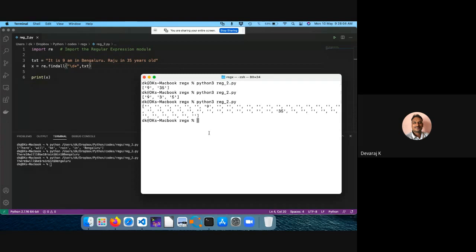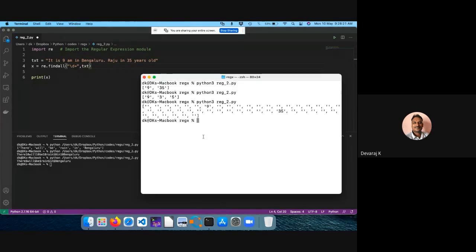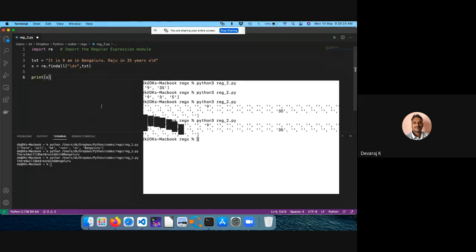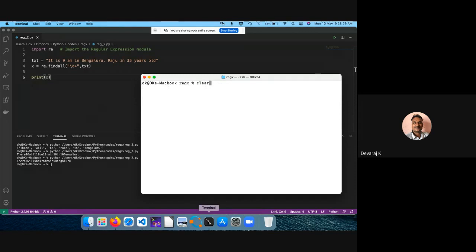So it's all about the patterns, how you're going to search. With regular expressions, the pattern is what type of things you want to check. So usually what we do is either slash d or slash d plus. If I use it, wherever I'm searching, what I'm searching for, I'll get it. So I have to save it, then clear, then run. Okay. So what I'm searching for can be one particular number or two numbers, and I'm trying to get it.